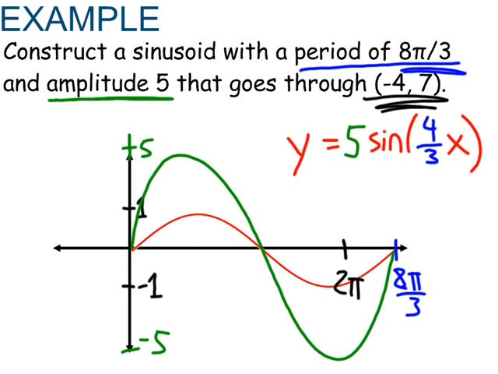But first of all, let me just explain there's literally an infinite number of ways this could be done. There's an infinite number of possible solutions, but of course we're going to look for the one that's just most straightforward. So let's take advantage of the fact that the sine wave by default goes through the origin. And wouldn't it be the case that if I were to take that sine wave,